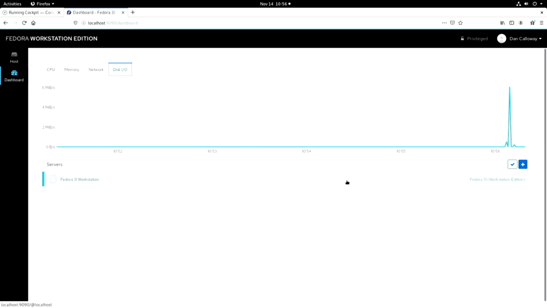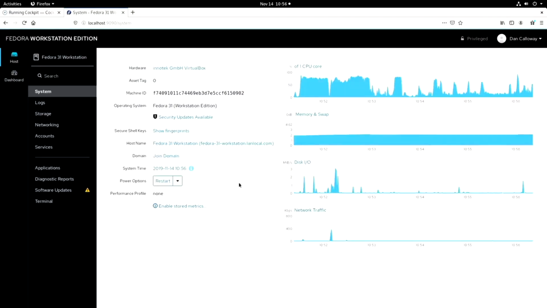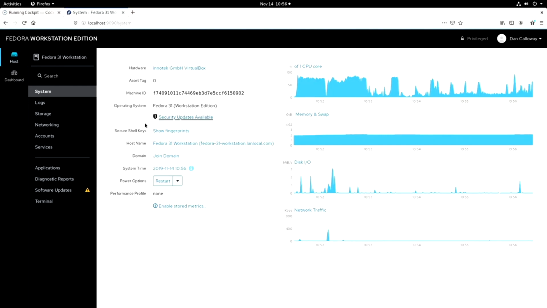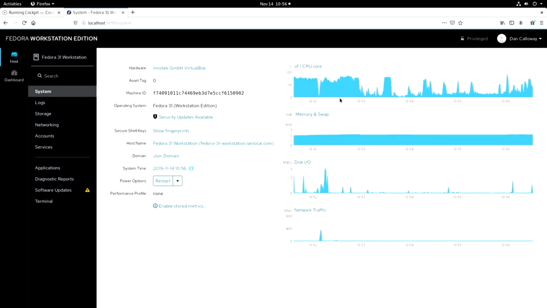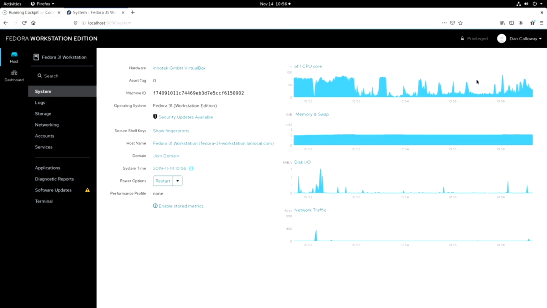Okay, if I click here, it goes back out to my host again for the system, and you can see we've got metrics running as well. All right, and so it says that I am a privileged user, and yes, I am a privileged user in this system. And so this has been a quick look at Fedora 31 Workstation Cockpit,